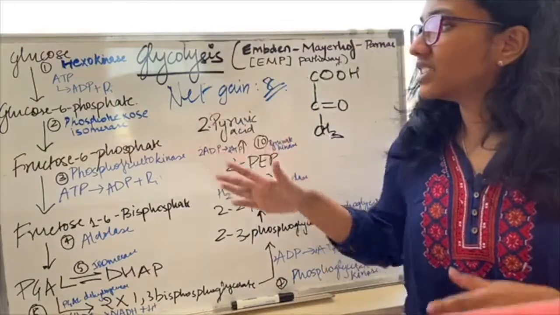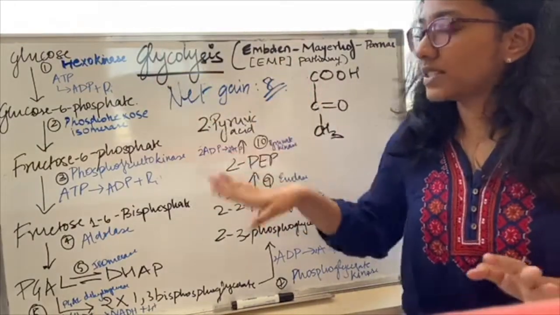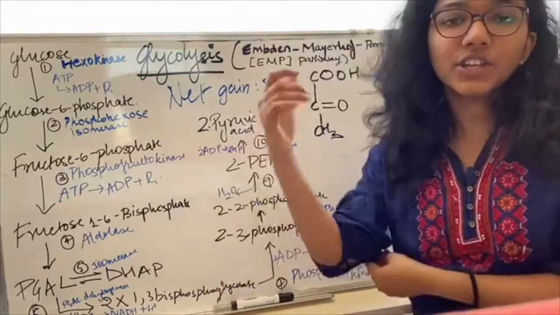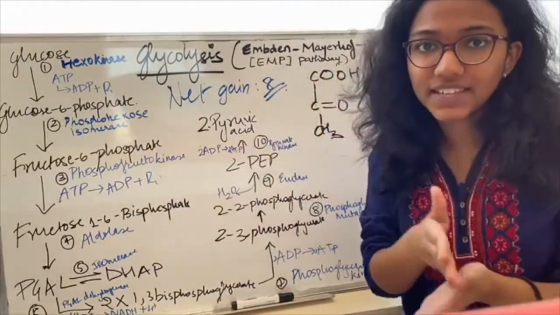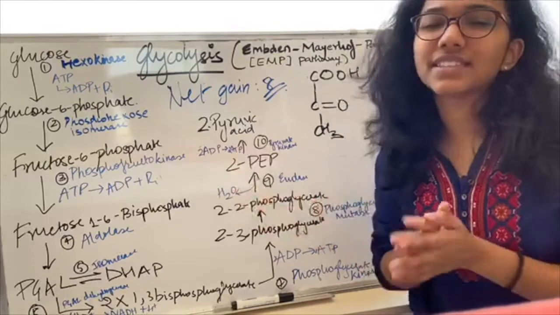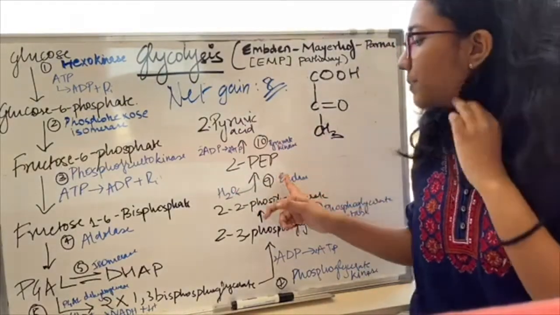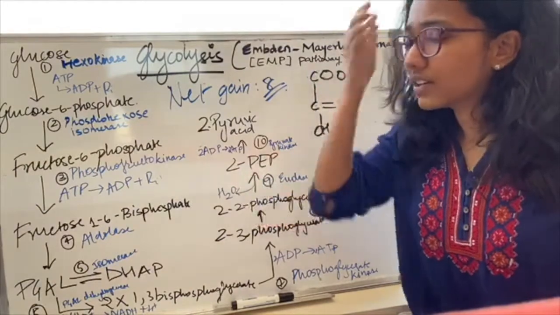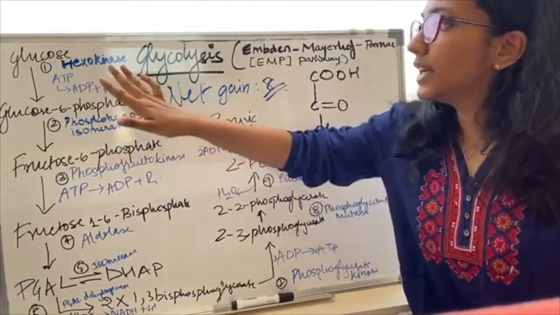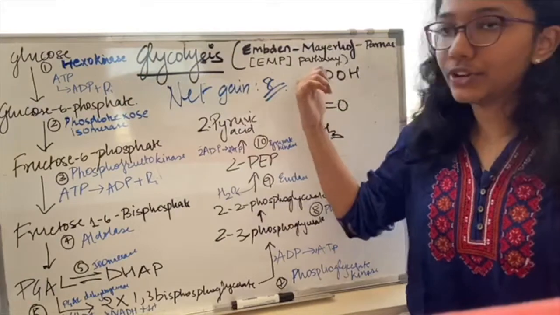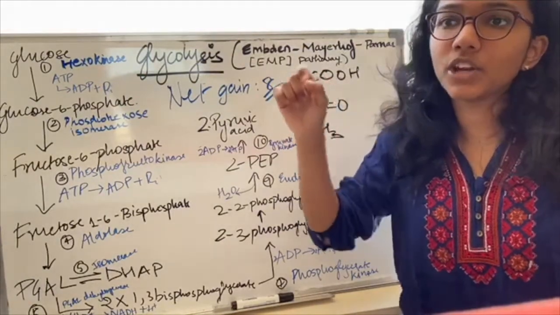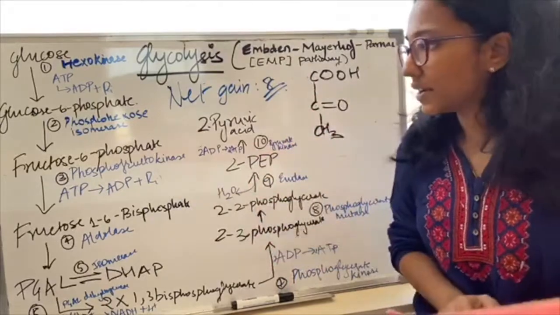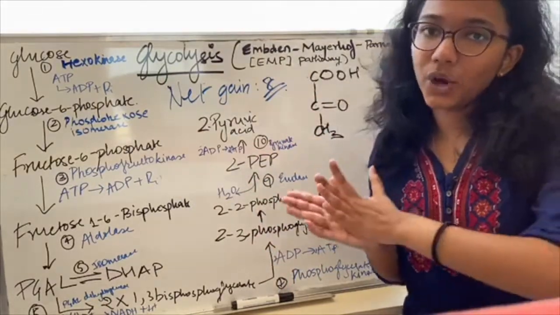You can easily remember the steps where ATP is being used and produced. That is step 1, 3, 7 and 10. You can easily associate the numbers 1, 3, 7 and 10 because 7 plus 3 equals 10, something like that. And water is being released in step 9. So if you want, learn this cycle along with the enzymes as I told you, by associating which molecule gives what, when phosphate goes away and what is formed, etc. Or else find a mnemonic and learn it that way.